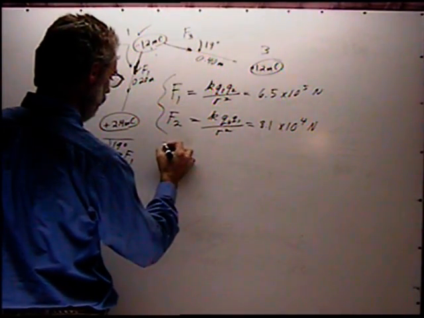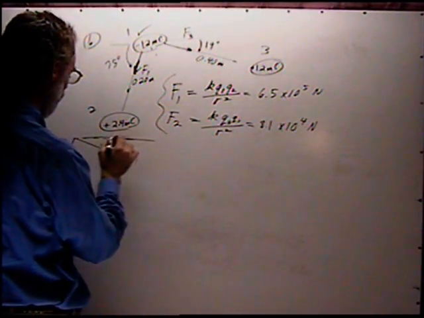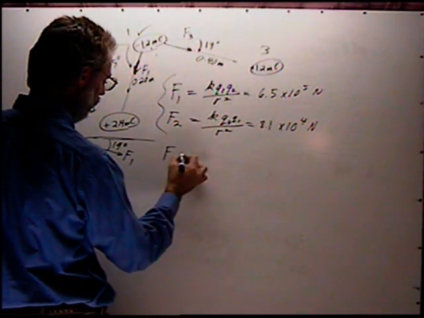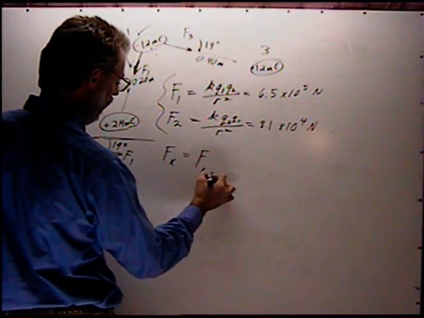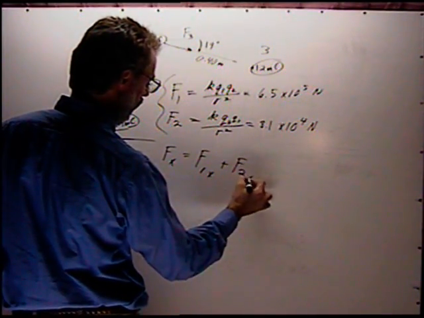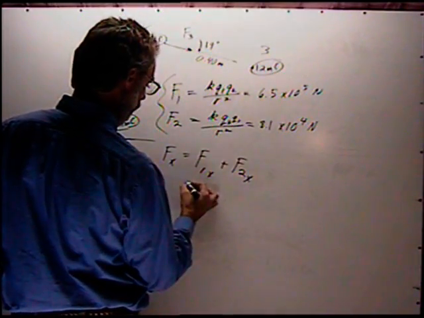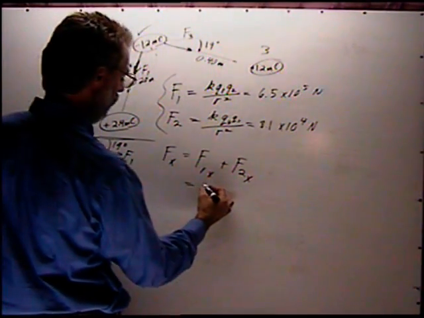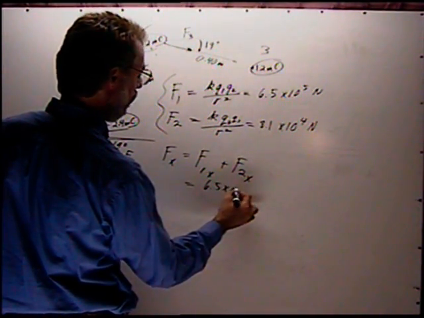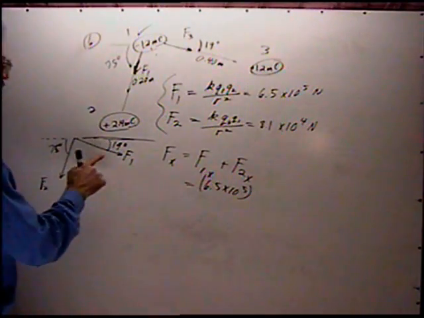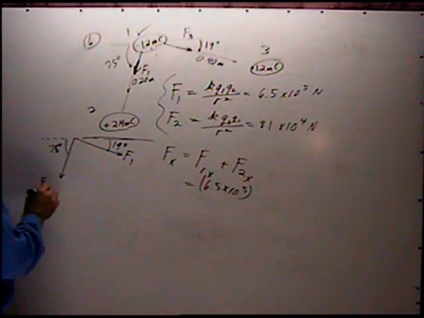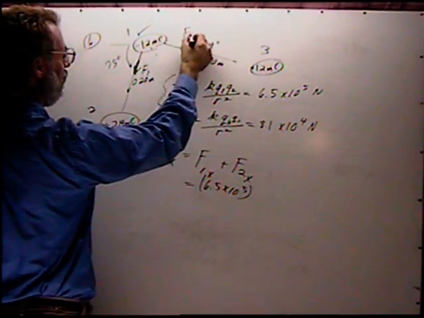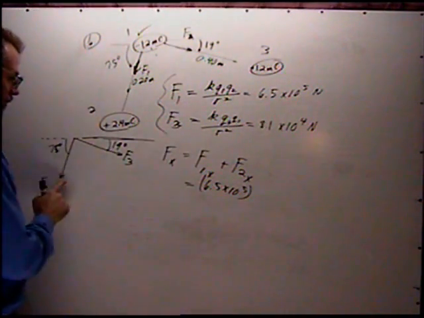So the total, I'll use the method in chapter 3. Basically, the total x will be F1x plus F2x. Okay, and that's going to be from the x dimension. It's going to be 6.5 times 10 to the 5th. That's F1. Here's F2, or I should say F3. I'm calling, okay, the first one